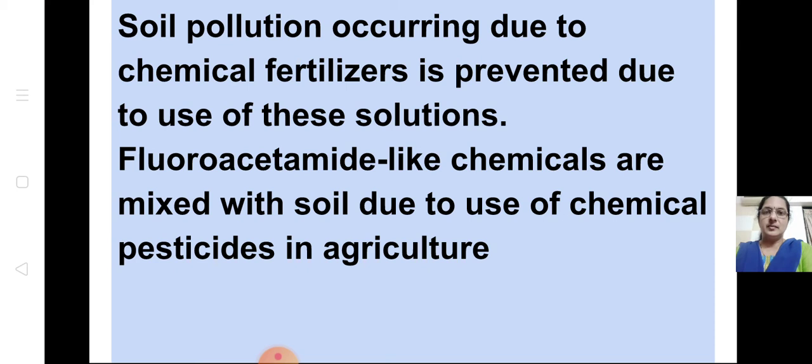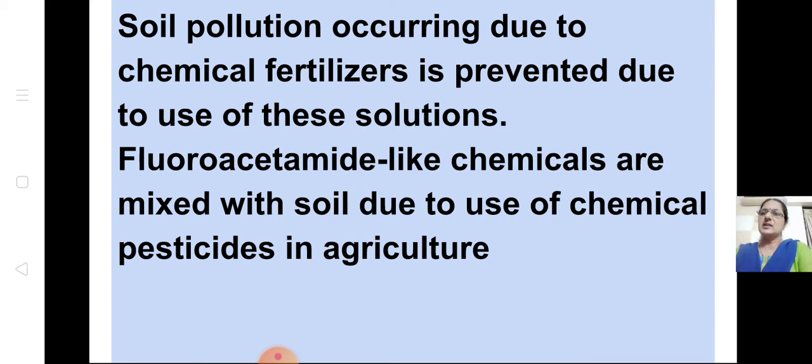After the grains are taken, this part which remains after the rice is taken and the husk is removed, the remaining part is again put under the soil. It becomes a fertilizer. In the same way, the soil pollution occurring due to chemical fertilizers is prevented due to the use of these solutions. Okay,